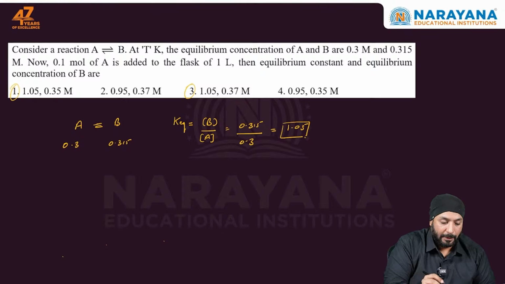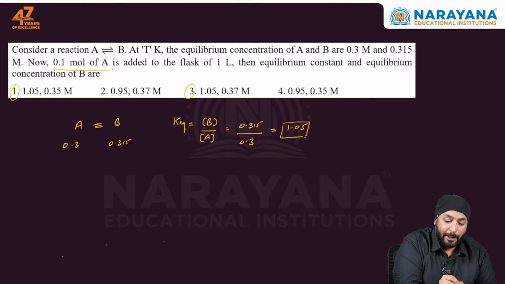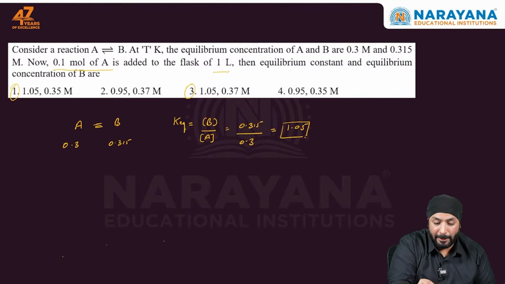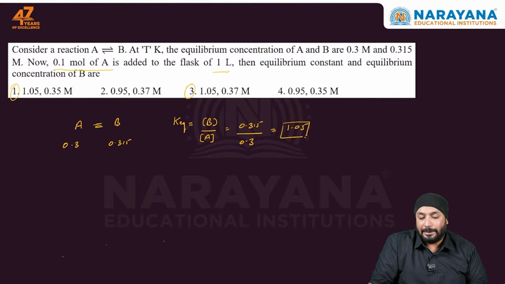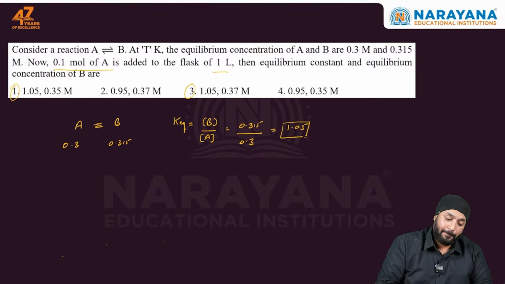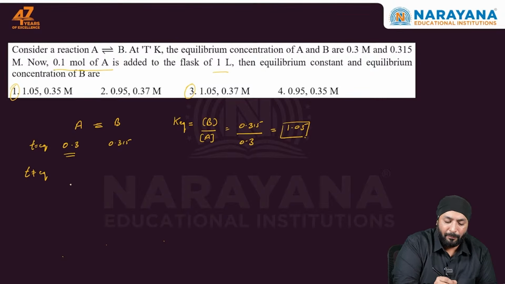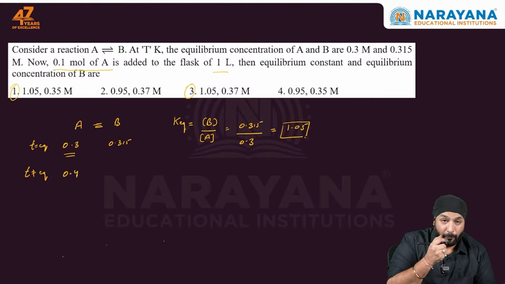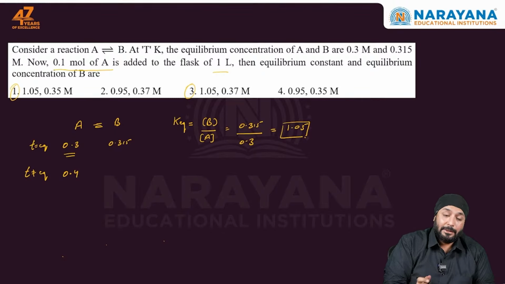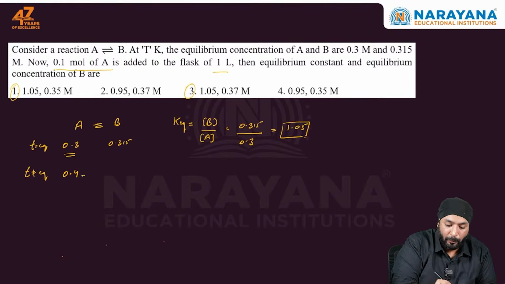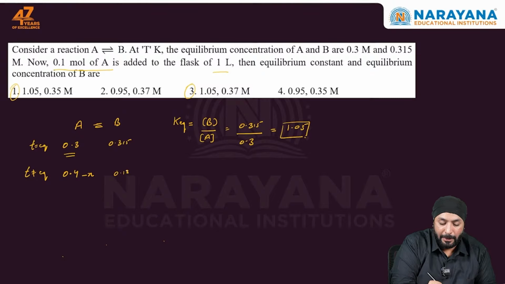Now, understand one thing: if 0.1 mole of A is added to the flask of 1 liter, then the equilibrium constant and the equilibrium concentration of B, see, according to Le Chatelier's principle, at time t equal to equilibrium. Now at a time that is not equilibrium, I am adding a certain amount of A. I have added 0.1 moles of A, so the new concentration of A becomes 0.4. If you increase the concentration of A, the reaction should shift forward. So, 0.4 minus x,